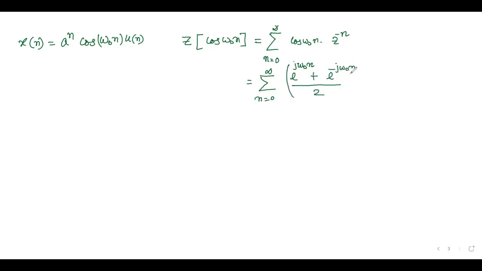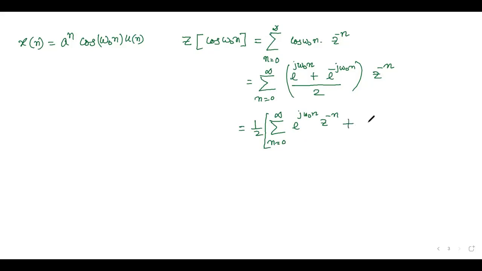So this is half the summation from n equal to 0 to infinity of e to the power j omega 0 n z to the power minus n,